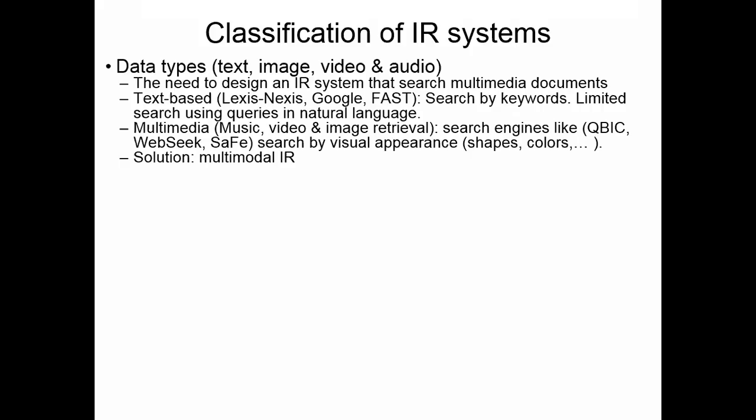In fact, the best way is using text, searching for everything, using image, again searching for whatever we need. For that, nowadays there are attempts around multimodal information retrieval or bimodal information retrieval, not only unimodal information retrieval. Rather than designing only for one data type, we have to go for designing for multiple data types, like multimedia information retrieval, for instance.